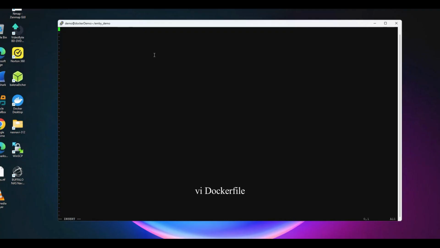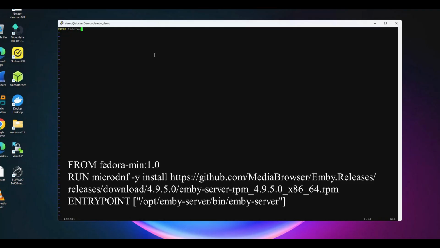First thing we need to do is identify the base image that we created. So we'll do a FROM fedora-min 1.0. Okay. Next thing we need to do is do a RUN command. This will download and install the Emby package. So let's do a RUN microdnf, because we're using the minimal Fedora installation, -y install, and then